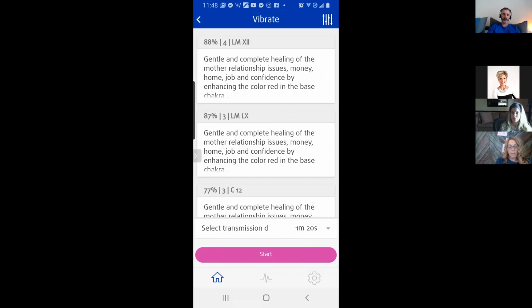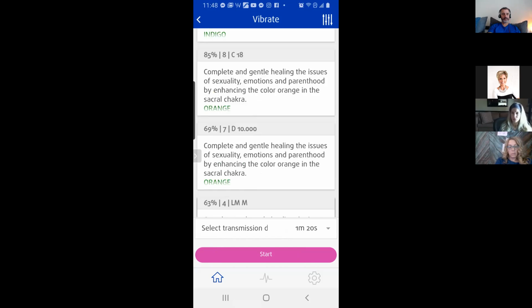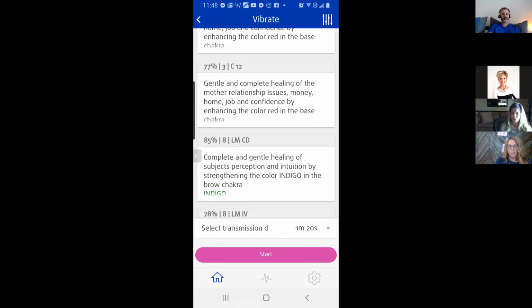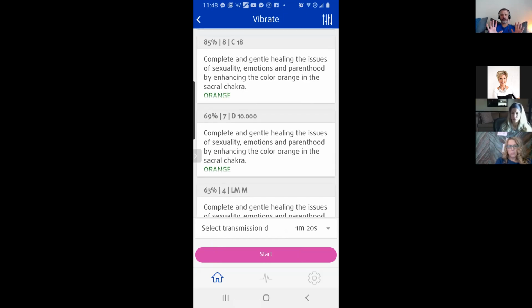The other thing that I can do is go into vibration. And what you'll notice is the percentages here, and they bounce around a bit. Two things to understand. The percentage in the aura, under the aura's chakras, the higher it is, the healthier the chakra is. When doing scans for all the vibrational programs, we're testing for how much you need the program. So the higher the percentage over there, the more you need it.